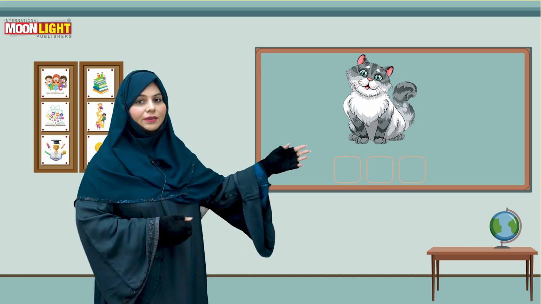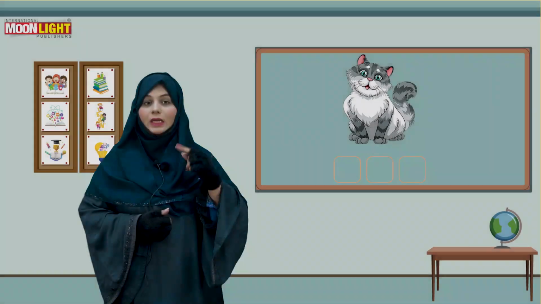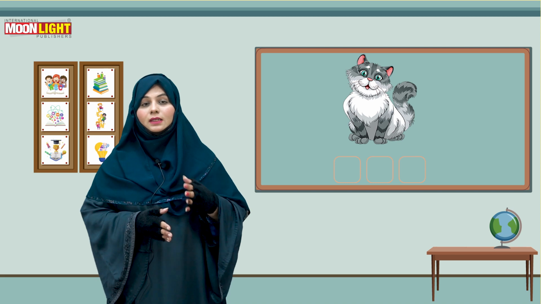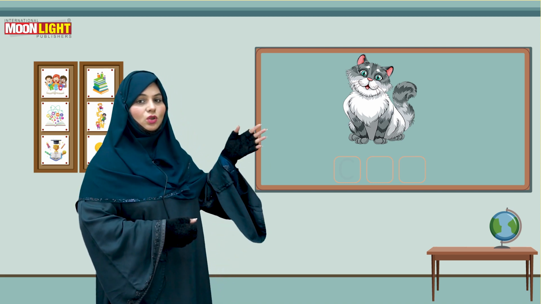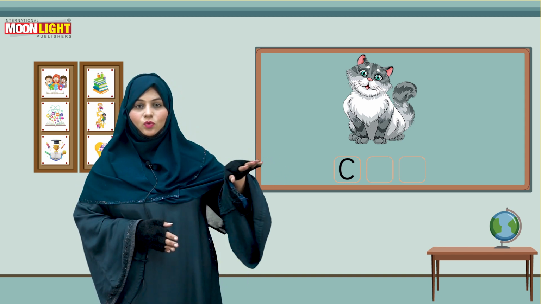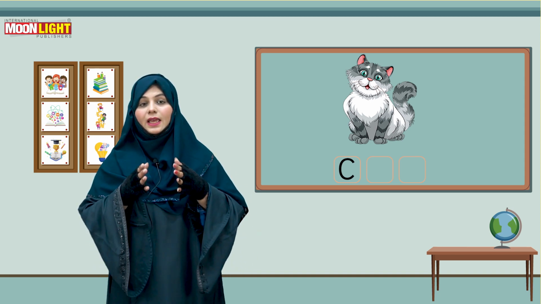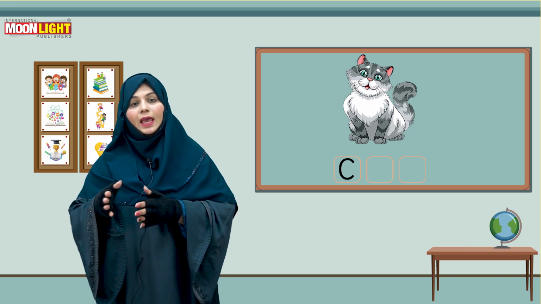Now we are going to watch the second picture, and this is the picture of cat, and cat has 3 letters. Okay, now focus on my initial sound. Cat. Yes, K. C says K. So write C in the first box. Now cut the first one. K at cat. It's A. The second sound is A.